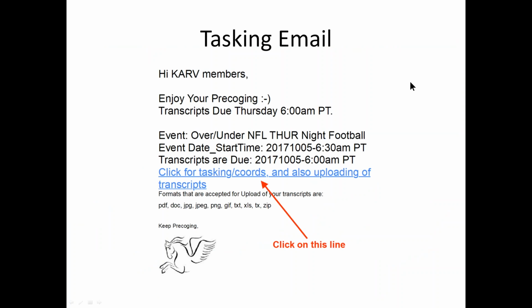Okay, so now let's go into, oh wait, I did want to do one other thing here, sorry. I just wanted to show for the newbies the way the interaction is with the internet. And it all starts with email. And this might be the kind of thing, this is a particular group, we have lots of groups, and it indicates the event, sometimes in general, sometimes more specifically. It gives the due date, and then there's always a link. You click on this link, and that indeed will take you online where you'll get your coordinates, and you do your transcript, and then you go to judging, and there's a link on that page, or you send it off